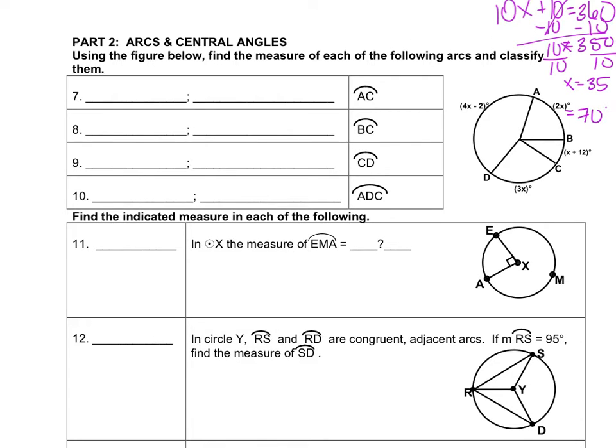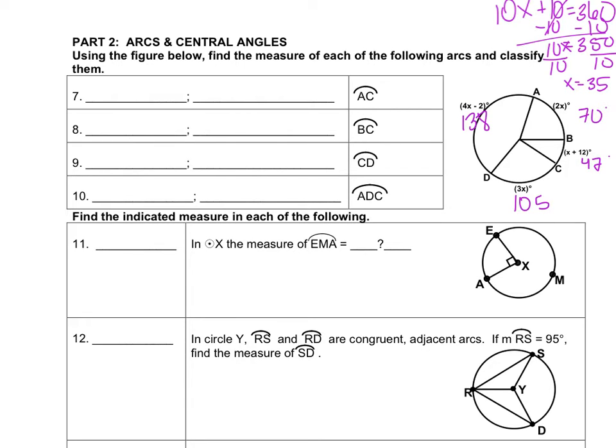Okay, if I plug it in here, 35 plus 12 is 47. Okay, 35 times 3 is 105. And then if I do 35 times 4 and I subtract 2, that's going to be 138. Okay, so now I have all my different arcs, so I'm going to go and figure out